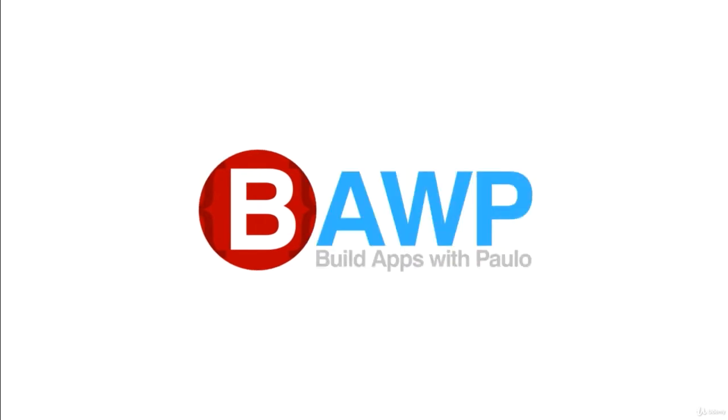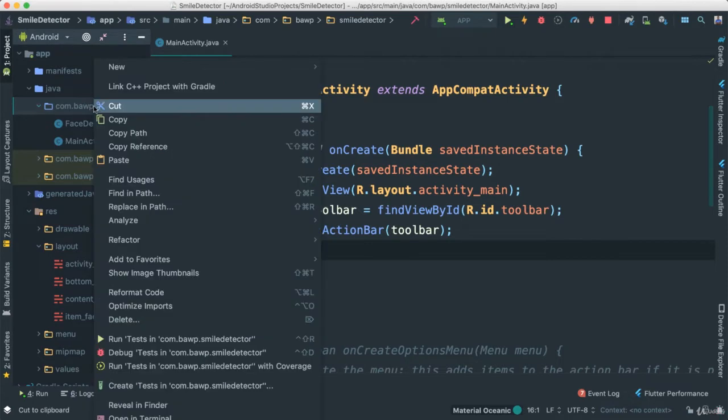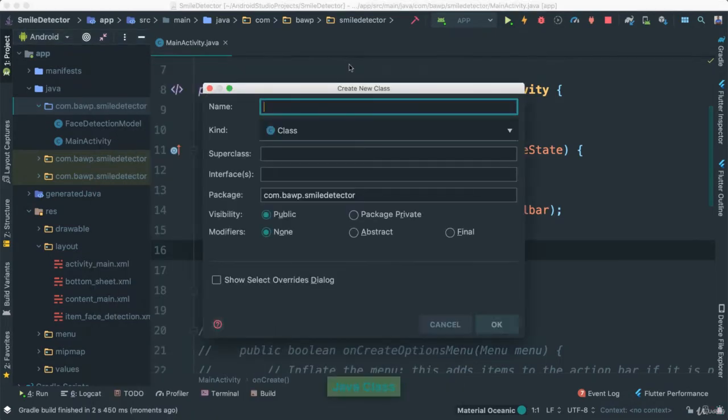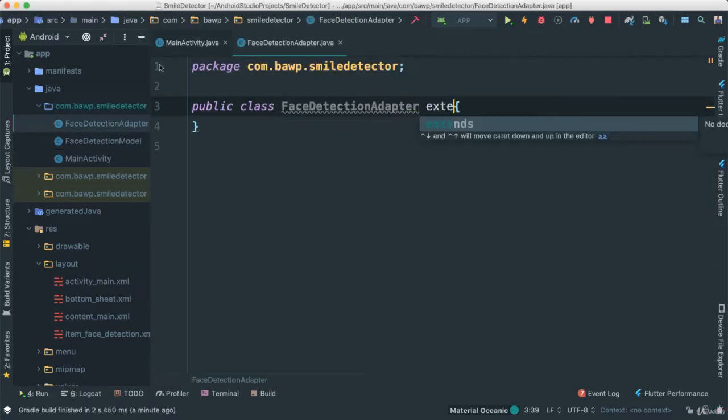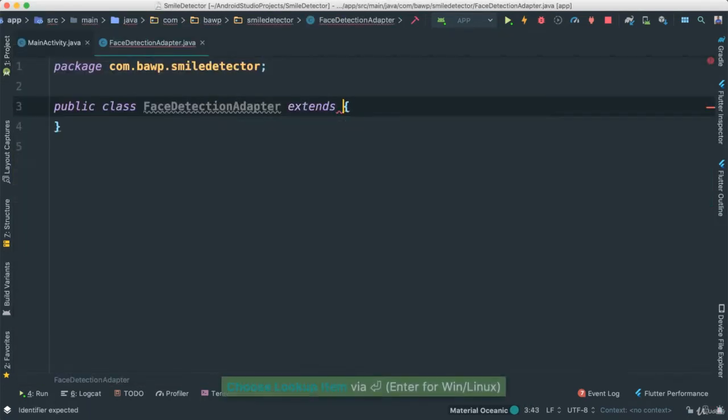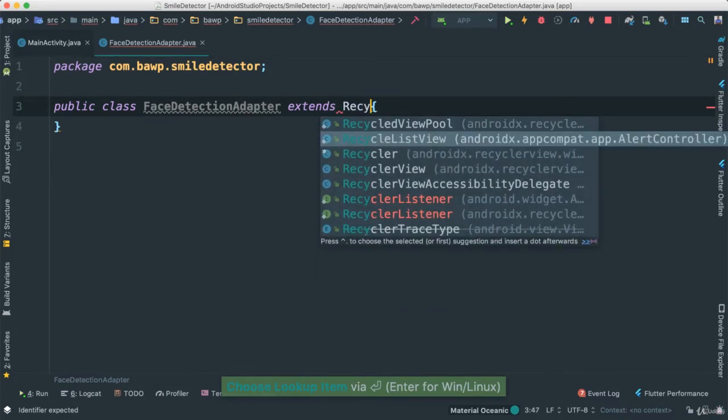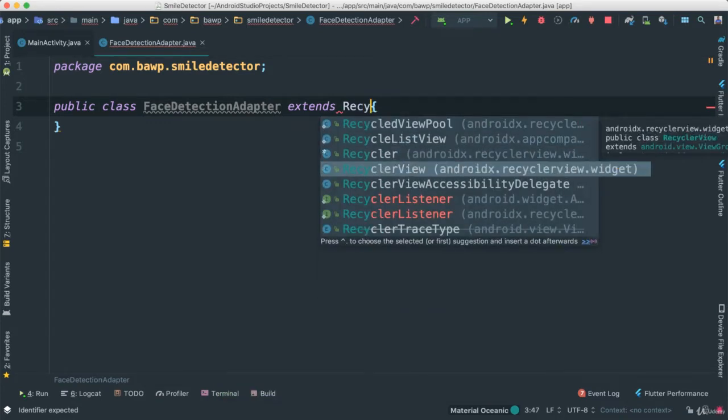All right, let's go ahead and create our recycler view adapter. So click there, say new, and I'm going to call this face detector or detection adapter. That's totally fine. So extends, let's close this down, extends recycler view, and you can see now we are using AndroidX. This is really good, right? We don't see any other kind of namespaces here. So we want the recycler view adapter like that,